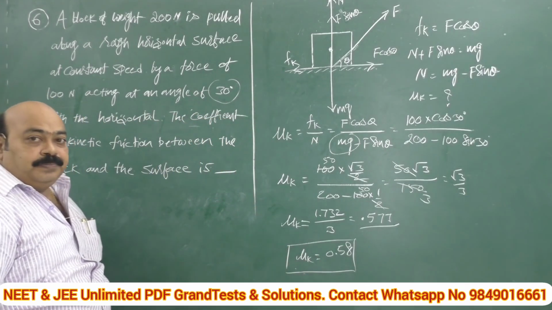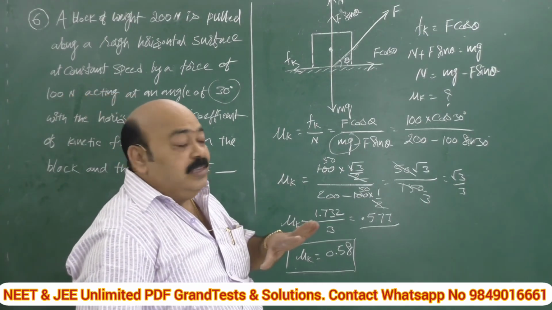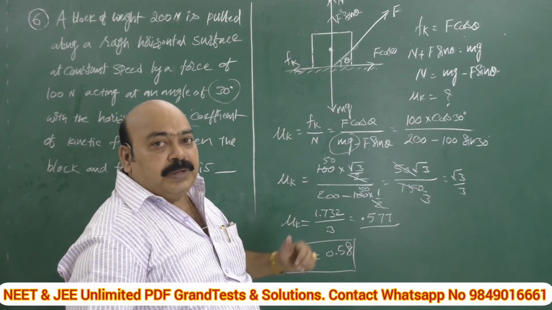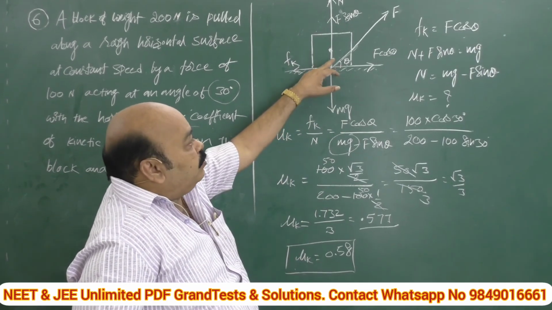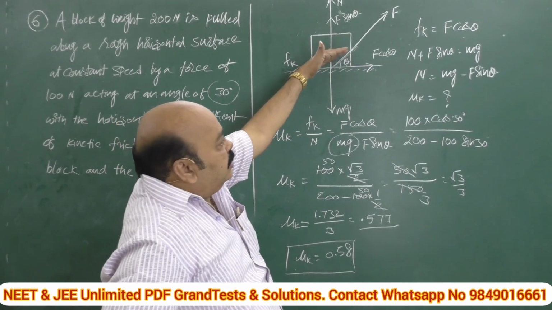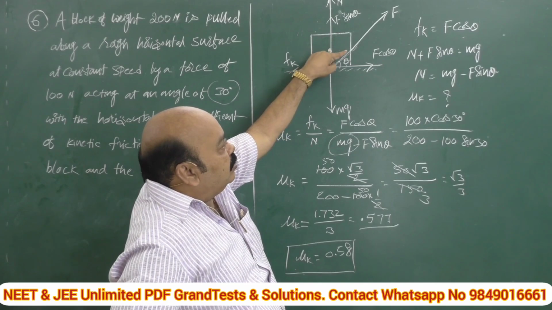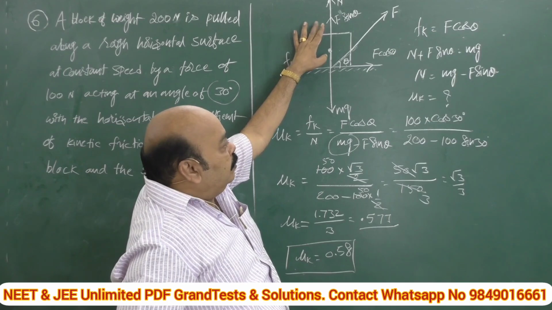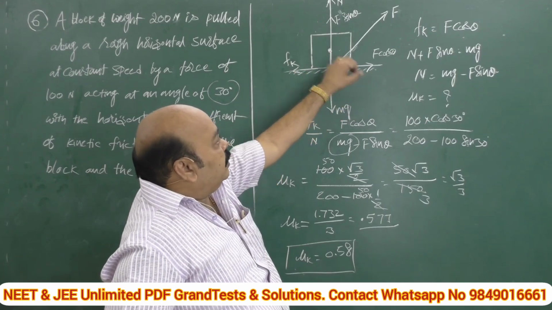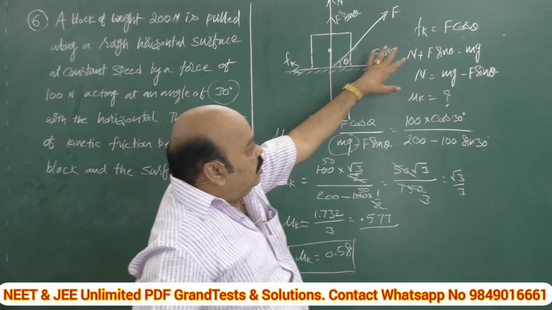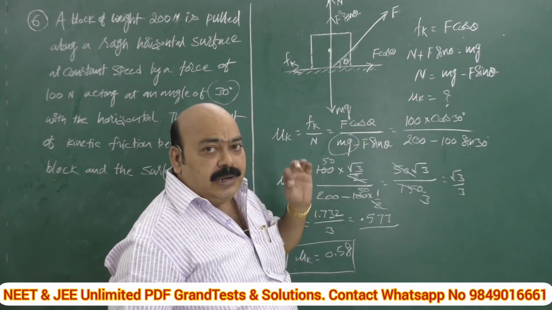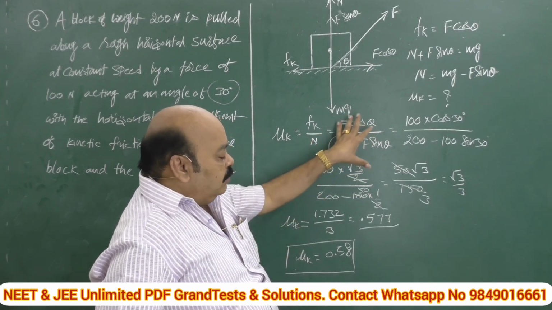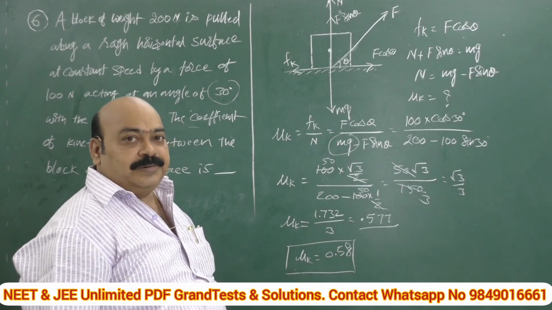What we need here, the only artistic thing is that we have to design the problem and resolve the components as per the previous class theory. We are pulling with a force F, which is neither horizontal nor vertical, so we have to resolve this into horizontal and vertical components. It's the greatest thing in this problem. And it is balanced by F cos theta, whereas upward forces are balanced by downward forces. After establishing that, once again I am going for merely the definition of coefficient of friction, which is nothing but the ratio of kinetic friction force to normal reaction. Afterwards, it is nothing but substitution of this part. Fine.